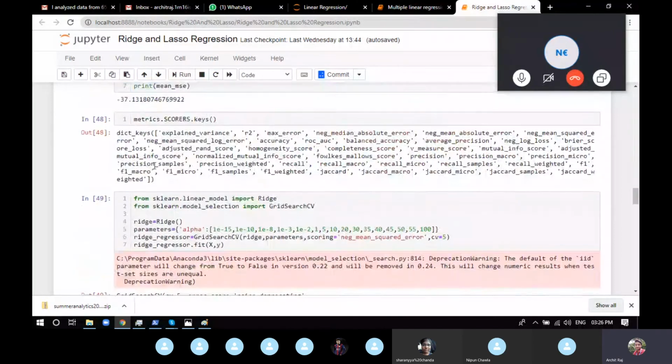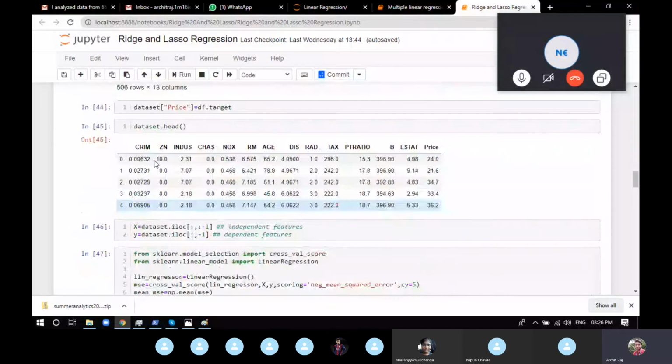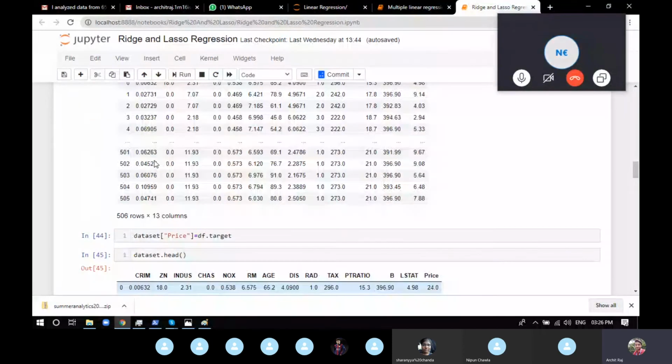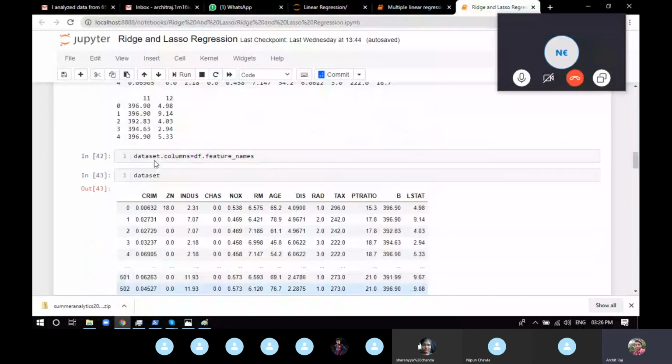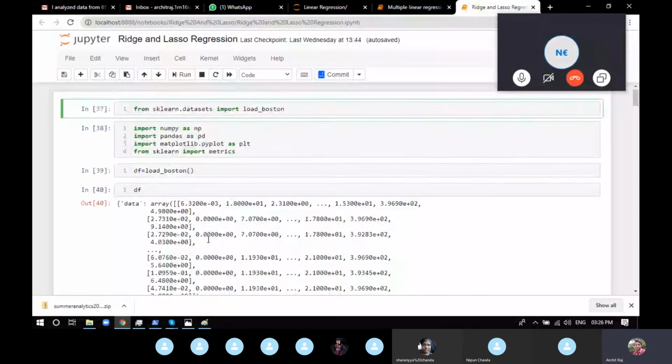The Boston dataset has features of a house, and the resultant is the price of the house. The Boston dataset is a really famous dataset. If you don't want to use the Boston dataset from here, you can just type Boston dataset in Google and you'll get it from anywhere because it's so famous. Now, to use the Boston dataset from sklearn, you just have to write from sklearn.datasets import load_boston. So the Boston dataset will get loaded into the system.